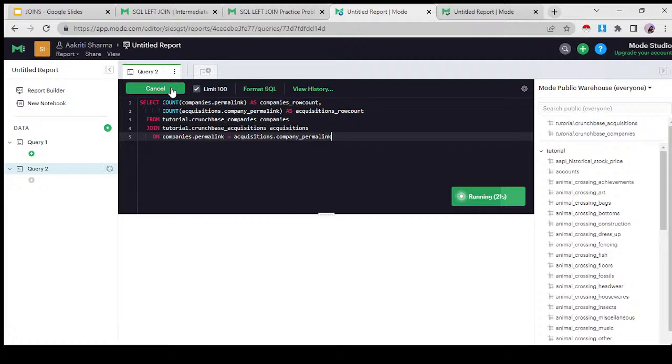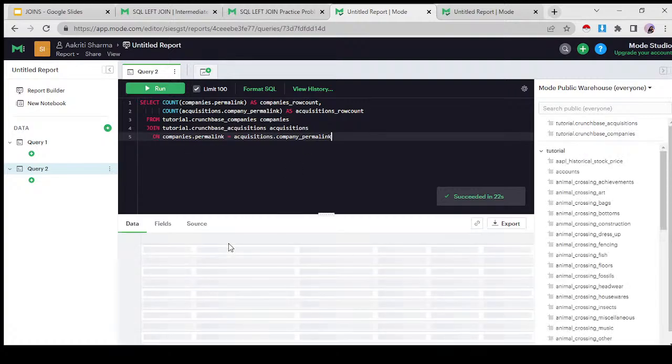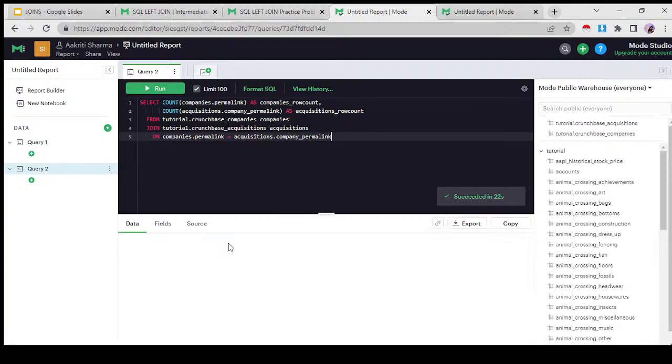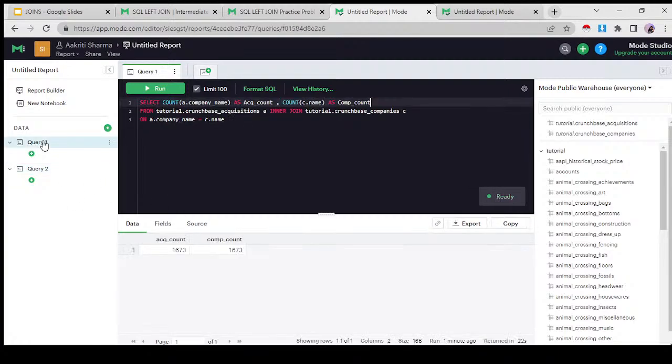But I feel like company name and name would also have hit. I don't know. Maybe there are different ways to link it. Or maybe I'm just wrong. Okay, no, see, they also have the same result as mine. So I was correct. I was not wrong. So Subramaniam, you and me both were correct. I don't need to be sad about it.